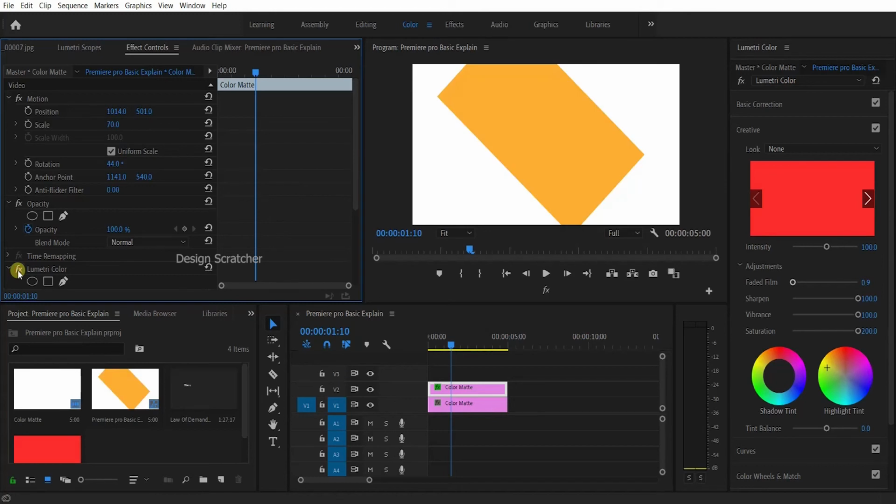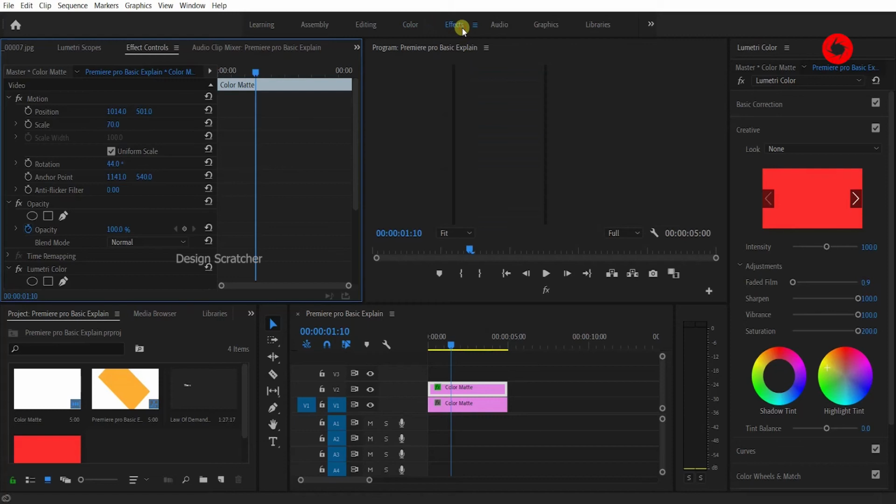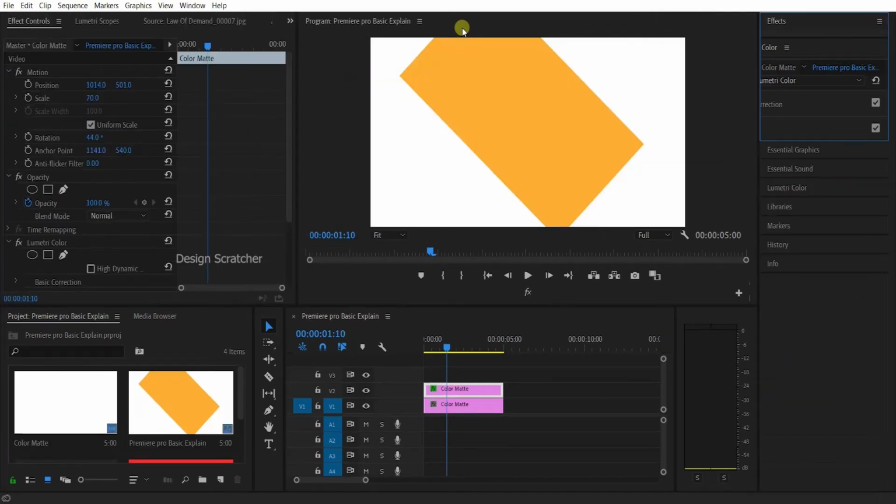If Lumetri color is enabled, you can change the color also, same like color correction of the footage also. And effects will be blank, everything blank. If you have effects, they will be a separate layer, and in the media browser and effect controls Lumetri is simple only. This is easy. If you are a beginner in Premiere Pro, choose the effects only. You can identify all of them.